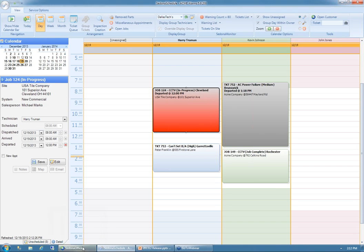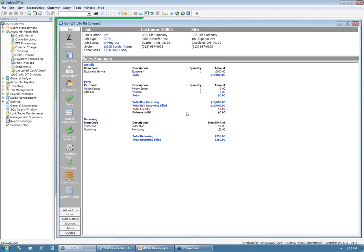You notice it's red. Being red will tell me that it's been completed, and the appointment has been fully dispatched, arrived, and departed. So it uses the same color schemes that the service ticket appointments do, and we'll go through those in just a moment. Now, if I want to open up the job, just like double-clicking on a service ticket,